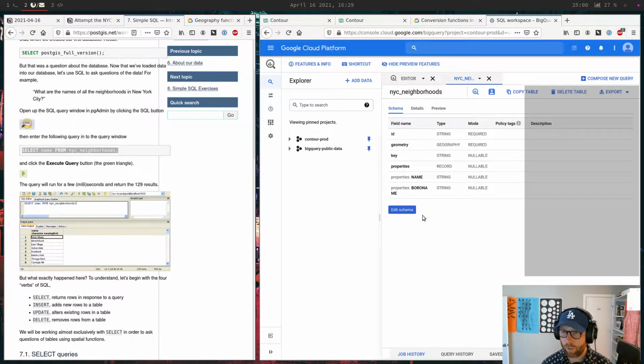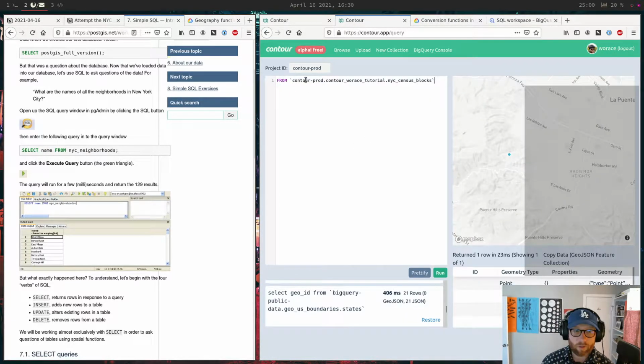Okay, right. So the schema here is that it treats everything as GeoJSON. So it's ID, key, and then it has geometry, as if this were just a GeoJSON feature. So the geography column is called geometry, as it would be in a GeoJSON feature, and then all the stuff goes in properties. So it's like properties.name, properties.borough name. Where they have them as top level columns, we're going to have them as properties. So anyway, we can just do it.